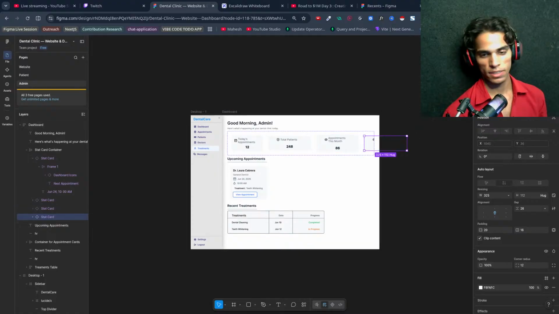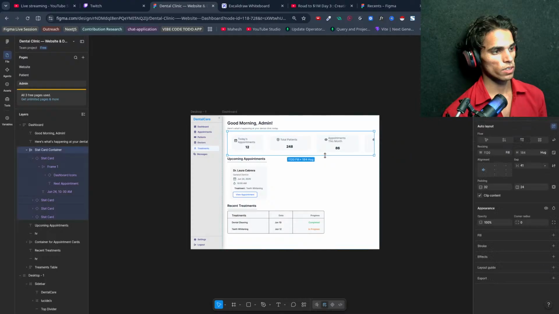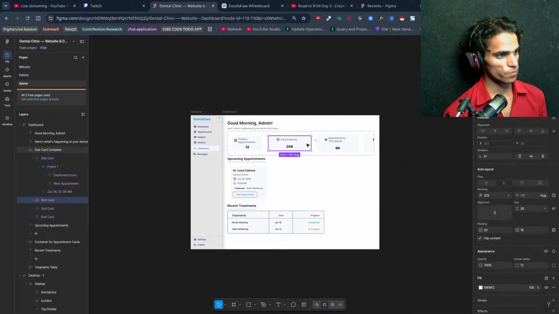And then another card inside this will have revenue this month, and it will be dollars 12,450. Okay, so what I want is that it should get the space.